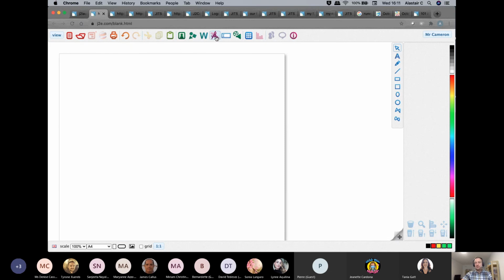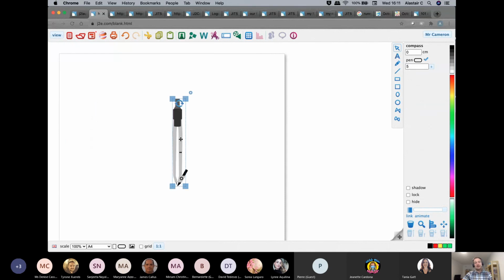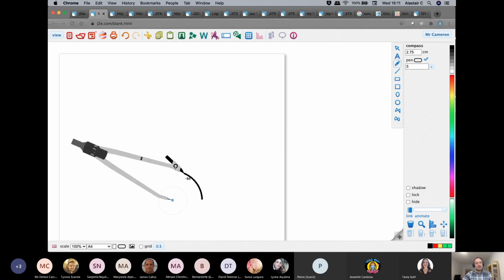The last tool that I wanted to show you out of the maths tools is drawing circles. Here, I've got the maths tool. So I click on the maths tool and I can click on the protractor and I can now start to draw circles. Just like you would operate a protractor, you can make the protractor bigger or smaller by using the buttons on the side of the page, but I can open the protractor here to the distance that I want, and you'll see that it changes the diameter, sorry, radius,